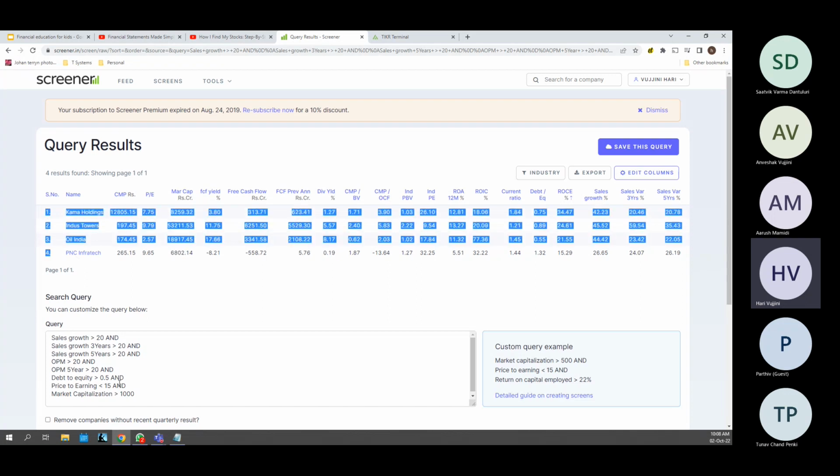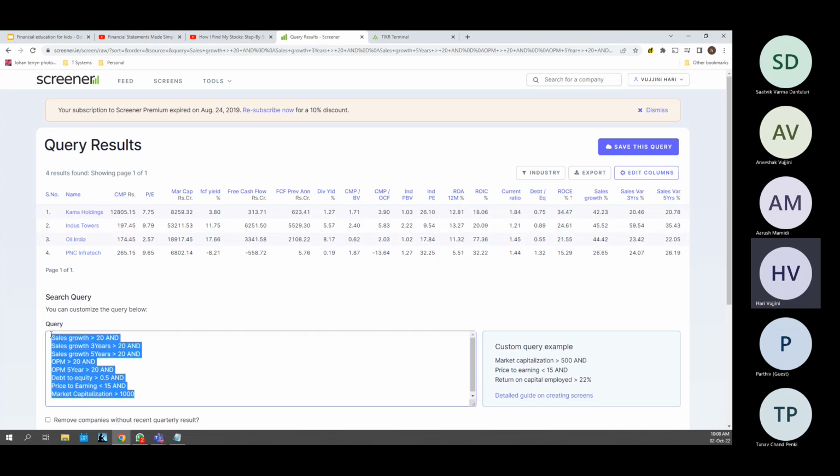With the criteria we gave, we are basically choosing companies based on the criteria we want. These are not the only criteria we have to look for. I will also show you all the different things we have to look for, but this is based on the income statement we talked about. Then we have the balance sheet and cash flows. So we'll be talking about them today and in coming sessions.